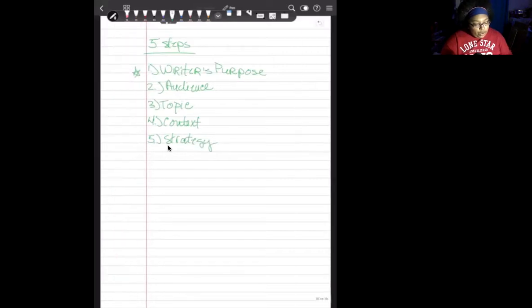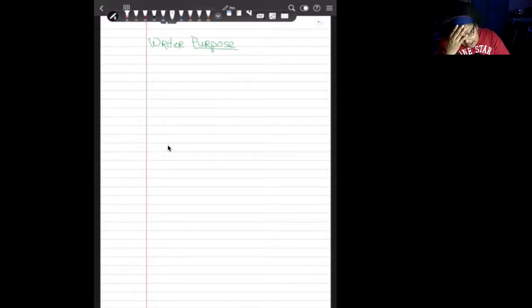So when we're looking at the writer's purpose, we are actually not doing what the word says, right? We look at the word purpose, and we're thinking the reason why things happen, right? I want you to forget about the word purpose in this. We're just looking at the writer, right? I don't know why it's labeled writer's purpose. Well, actually, I do know why it's labeled writer's purpose. It's labeled writer's purpose because sometimes you do get the purpose of why the writer wrote the thing, but usually